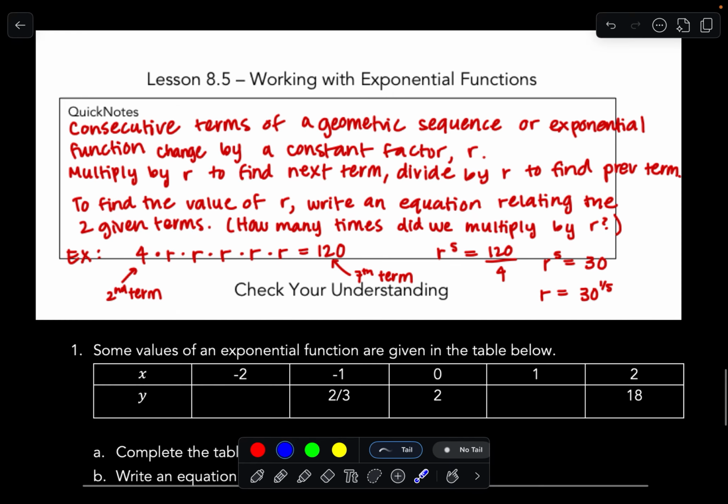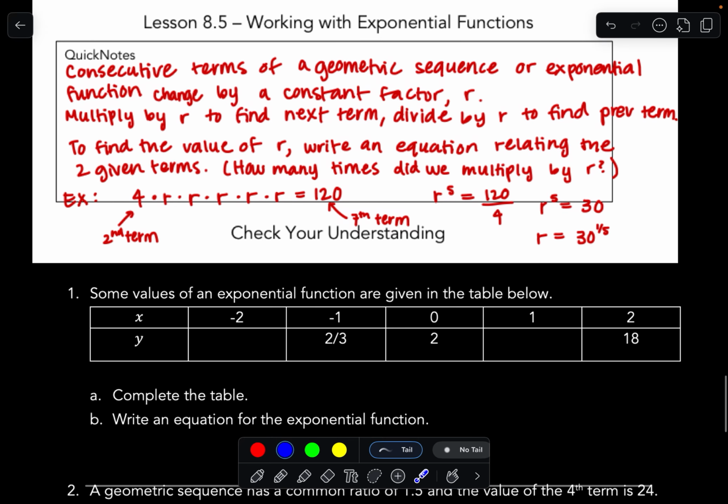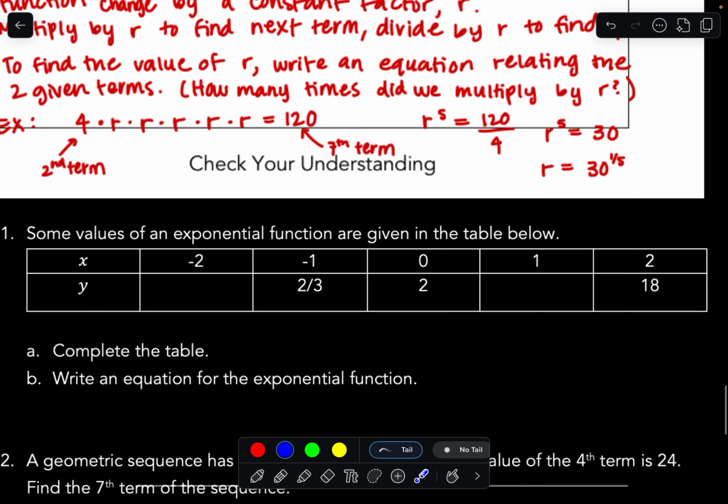We saw in the lesson how to write exponential functions, given terms, how to find the R, what we're multiplying by each time. So, for example, when they give you this table and they ask you to complete the table and write an equation, you have to figure out what's going on. We know that